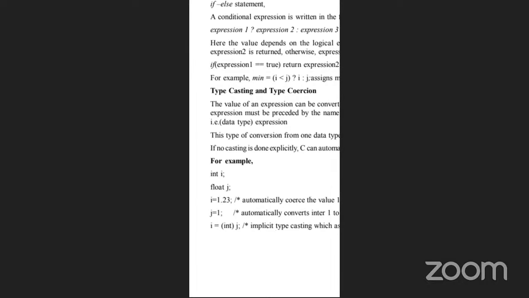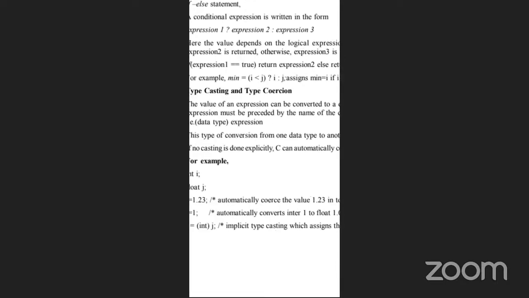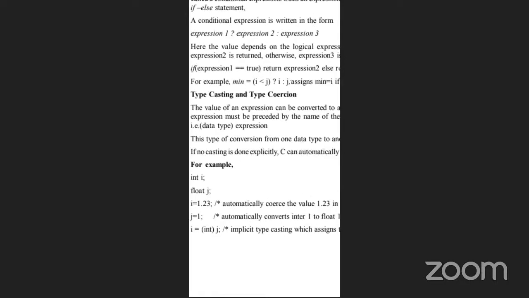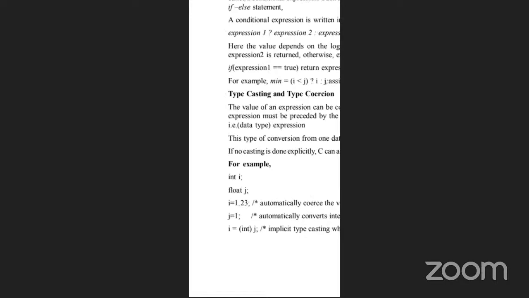For example, int i, float j. i equal to 1.23 means the compiler automatically converts the value 1.23 to integer 1. j equal to 1 automatically converts integer 1 to float 1.0f. i equal to int j means,